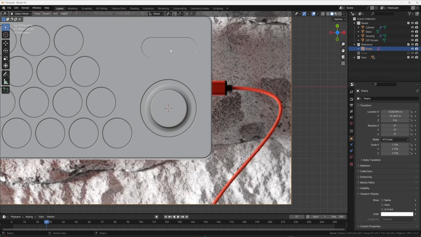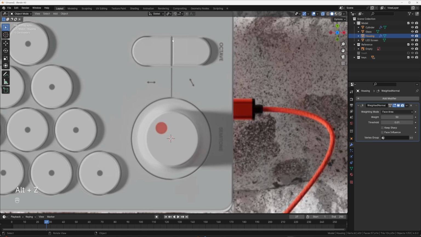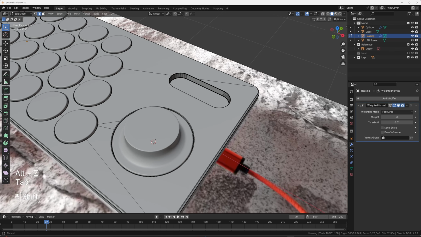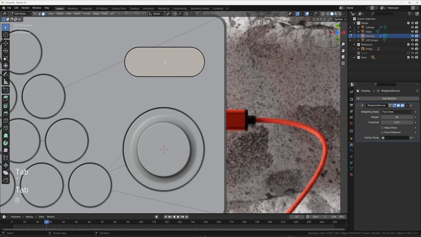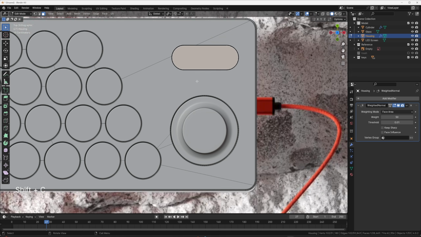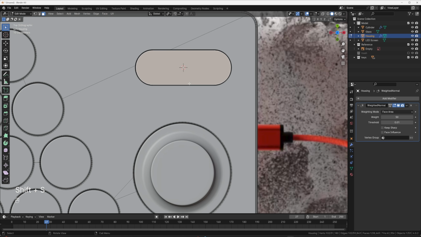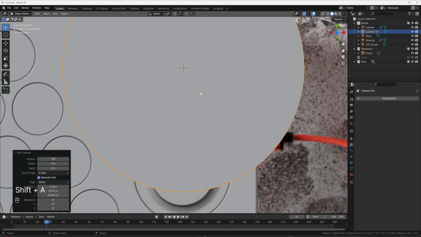The last thing that we want to do is kind of make this shape. So in Alt-Z, you can see it's just a rounded button, but it does have this cool little inset detail. So I'm going to tab into edit mode on this guy, select this. Actually, let's just do this the same way as we did before. Let's tab and select this, Shift C. Oop, always press the wrong one. Shift S, cursor to selected, and then out of edit mode in the model, Shift A, let's add in a cylinder. Let's change it from 100 to 64.